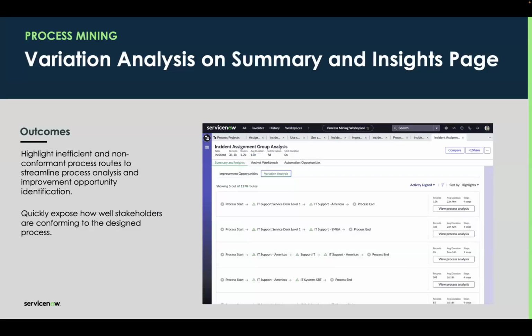All right, variation analysis. Those of you that have worked closely with us know that we're constantly looking for your feedback, and we're constantly getting feedback from our customers and using that feedback to improve. When we revamped the Summary and Insights tab a few releases ago, we removed the variation analysis component that gives insights into all the different routes work is taking to get to closure: the route most commonly taken, the routes with the longest average duration, the routes with the most steps, the most non-conformant ones. The variation analysis is still available and has been available in the Analyst Workbench tab, but customers really